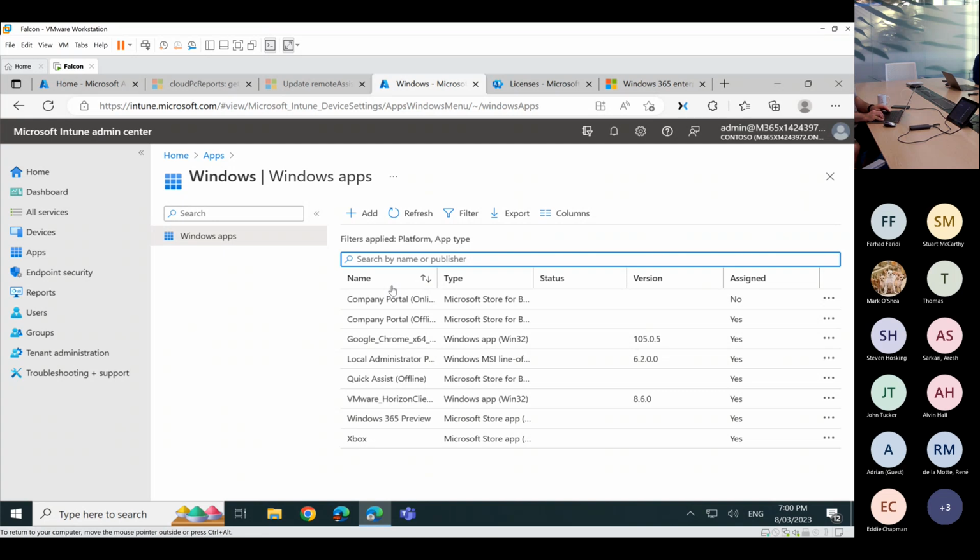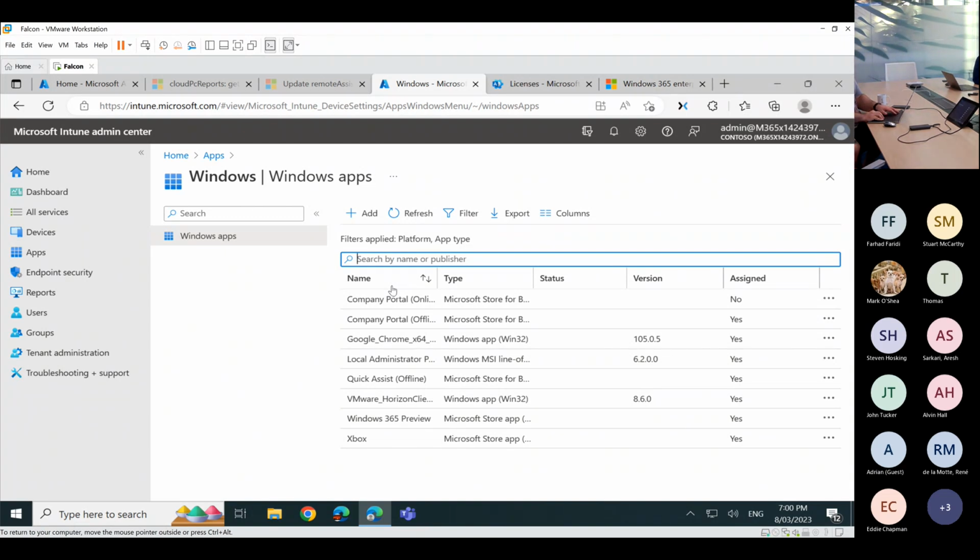There are other methods, but I don't even want to go down that path because they are slightly legacy-based methods of deploying applications. Though they are there, they are on the verge of getting phased out, like line of business applications and so on, very shortly. Hence, I don't want to go down that path. Two big drivers. One is the store app. That should be your first preference. Search for apps within the store and try to deploy the apps from that store. If that does not work out, if your application does not exist there, then you can go down the path